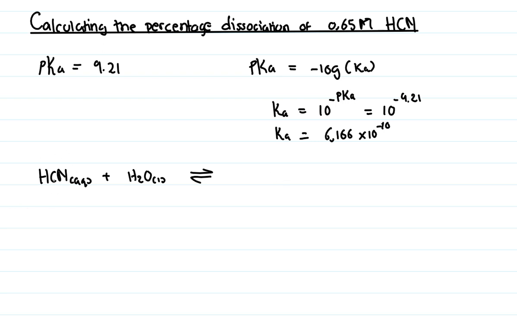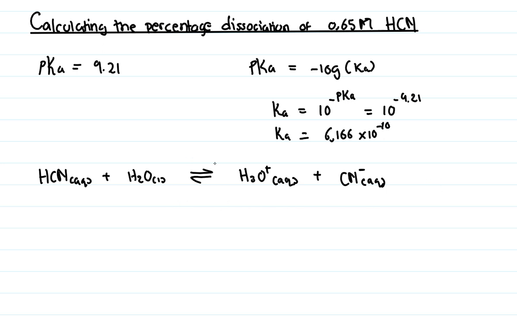Hydrogen cyanide is going to donate a proton. It's going to give away this hydrogen to H2O, so H2O is going to have 3 hydrogens now. So we have H3O plus aqueous plus, now hydrogen cyanide will be left with no hydrogen, so it's going to be cyanide minus